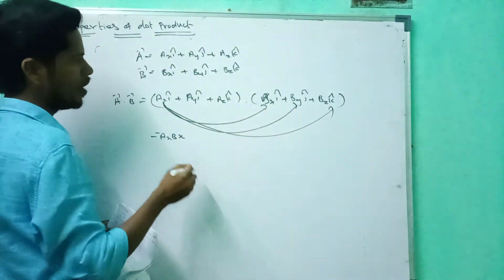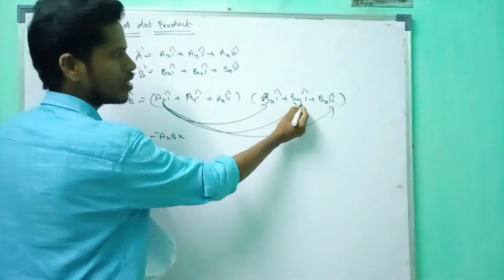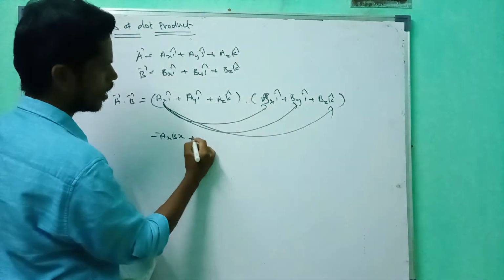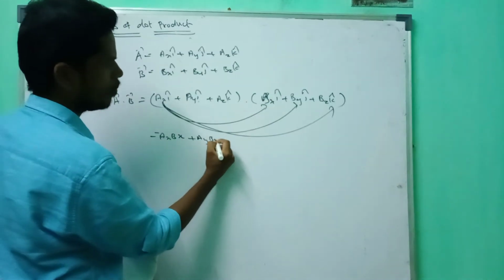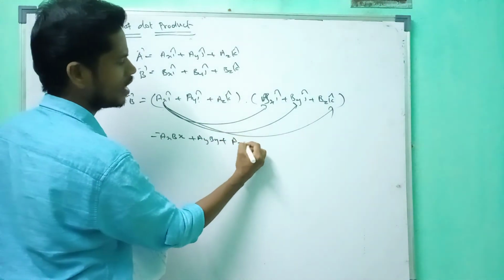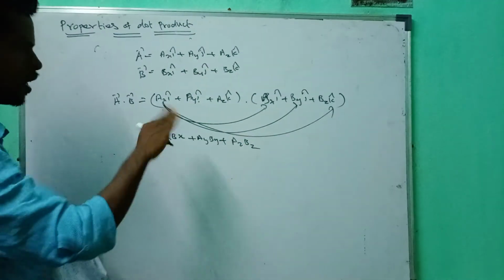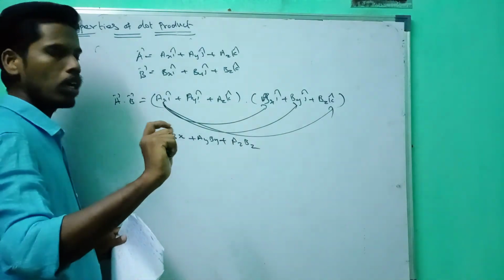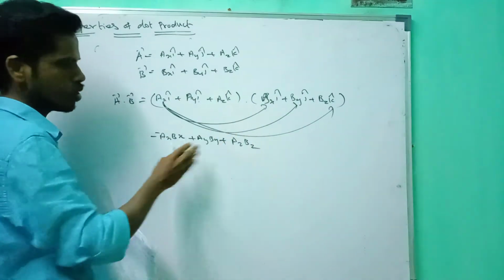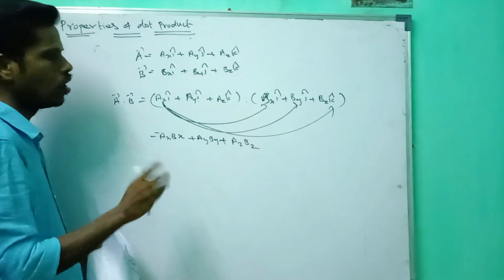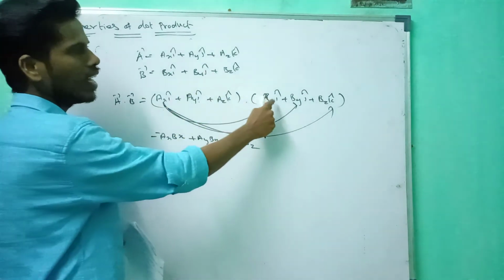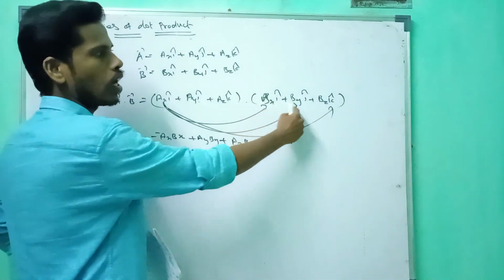So in total we have j here, j here. So only this value, ay and by, and here az and bz. That's all. So the remaining values will be 0. Only the corresponding products of the two vectors remain, the rest will be 0. For example, where i cap is here, it is bx only. So the other terms will be 0.